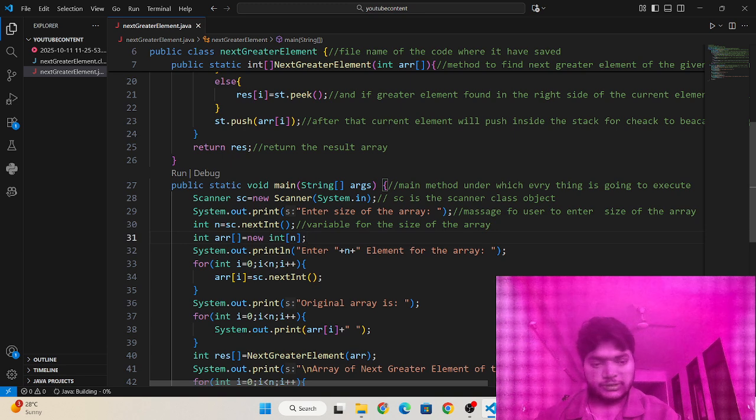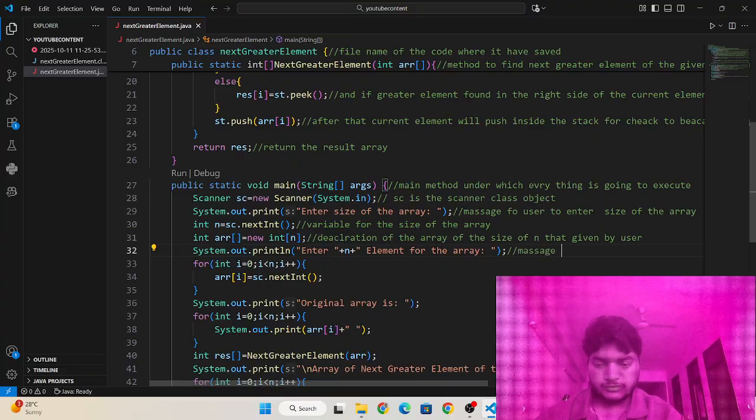Okay, and this is the declaration of the array of size n that is given by the user. Okay,